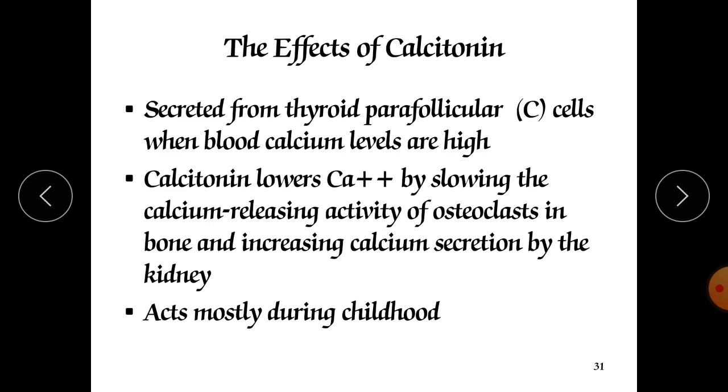Now this calcitonin, if you see, can decrease the level of calcium in the blood by inhibiting the action of osteoclasts and the breakdown of bone extracellular matrix, and the secretion of calcitonin is controlled by a negative feedback mechanism. That is very important. When the blood level is high, calcitonin lowers the amount of blood calcium and phosphates by inhibiting bone resorption.